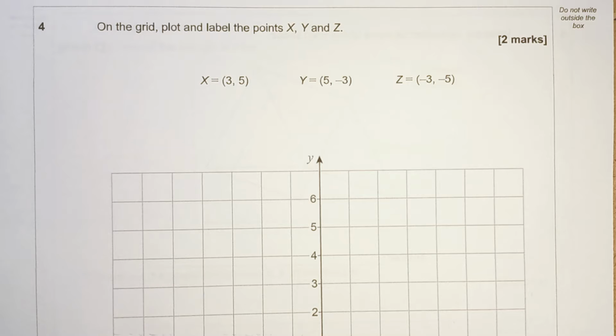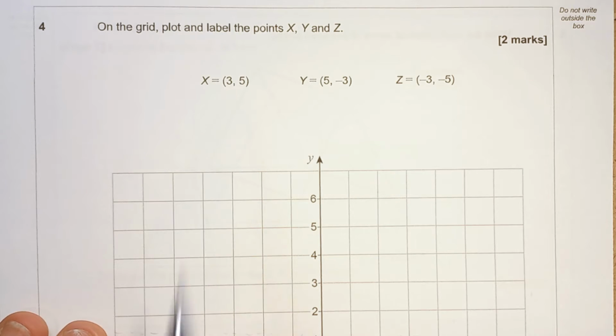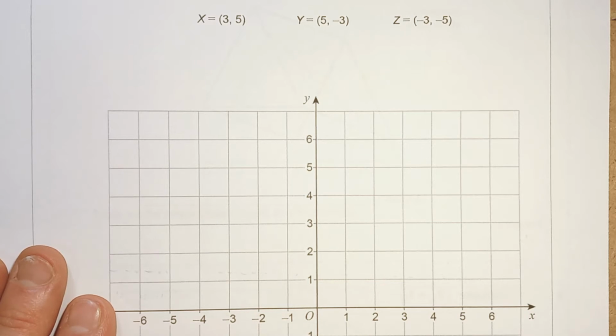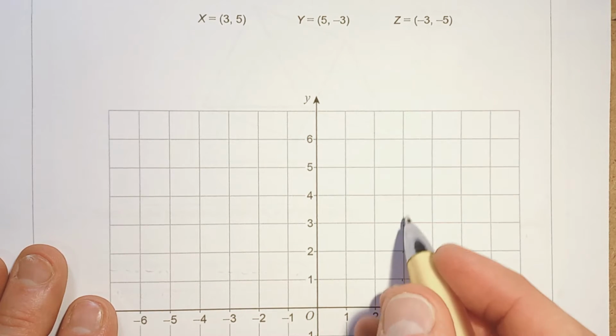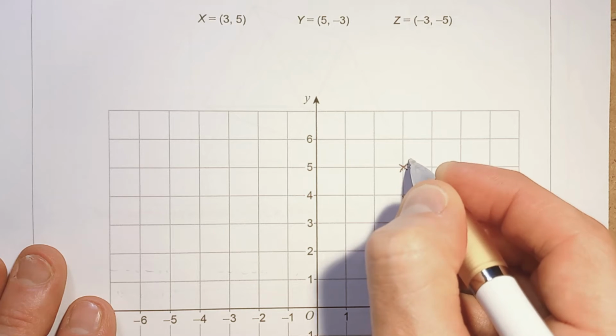Question 4. On the grid, plot and label the points X, Y, and Z. You've got to remember that the first number we get is the X coordinate. So I'll move this up so we can see our values here. We start with 3, so this is our X, so we go across to the number 3, and our Y value is 5, so we go up to 1, 2, 3, 4, 5. So this is